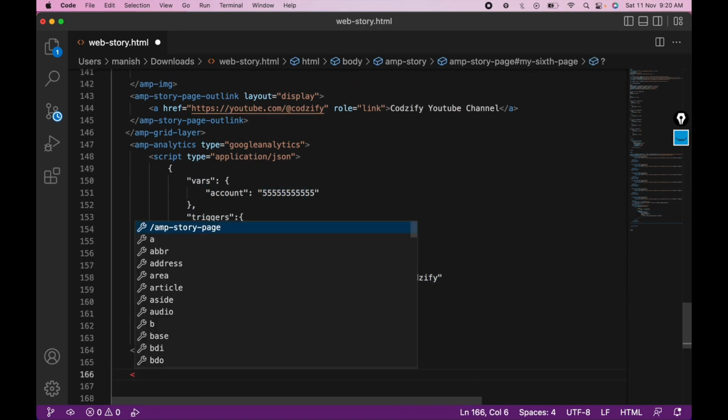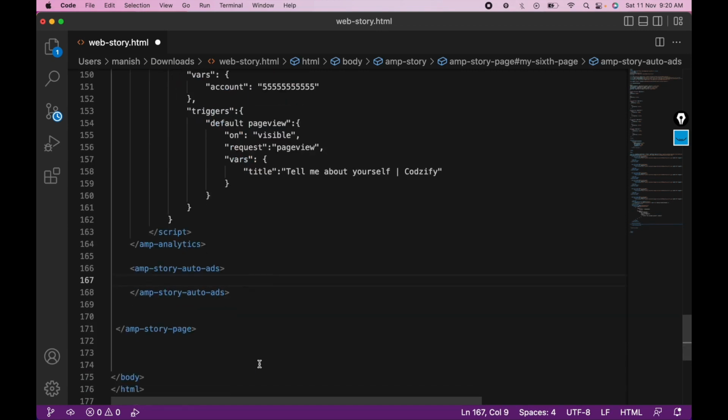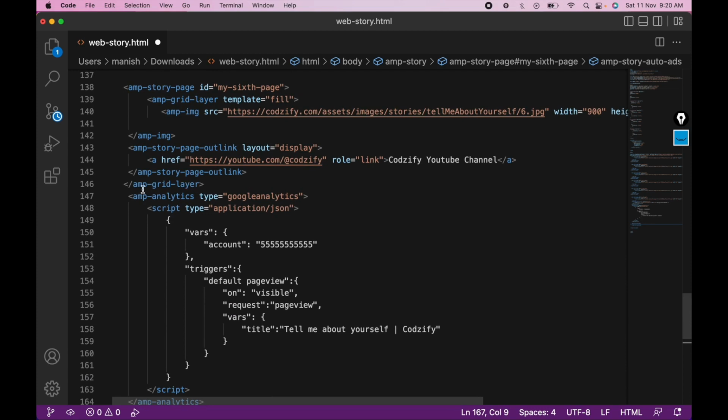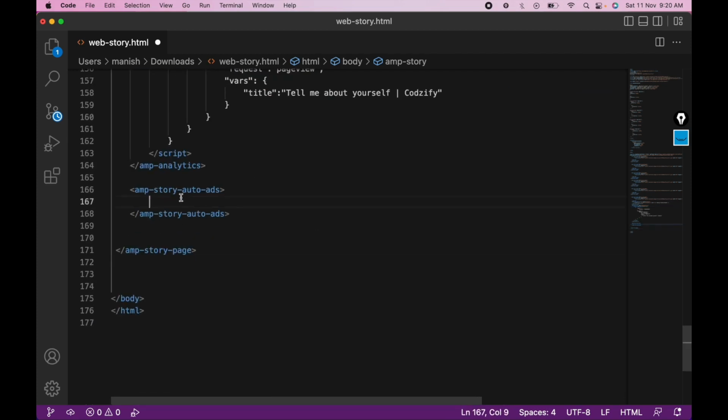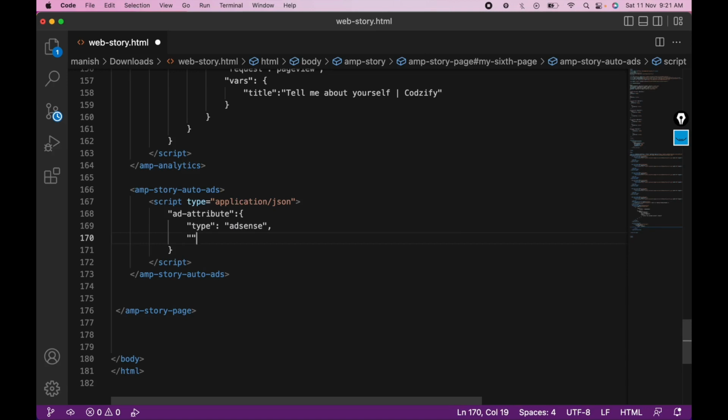Now to add the story ads, you can use the AMP story auto ads. So to add the Google AdSense into your web story, you can use this. Similarly, like script application JSON, like this, and here you can add the attribute. You can use the type as AdSense, data-ad-client,